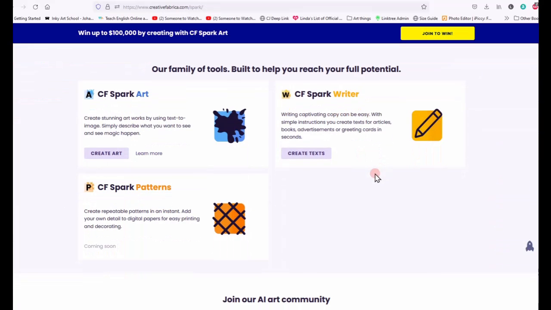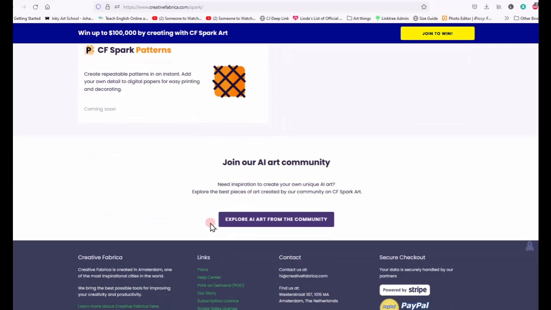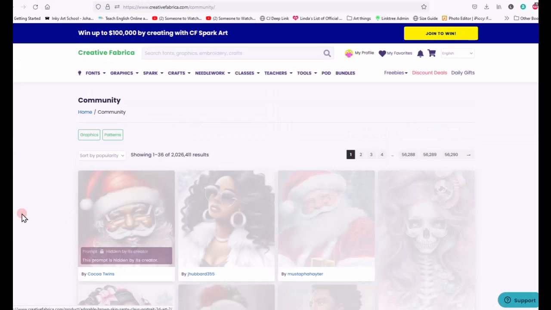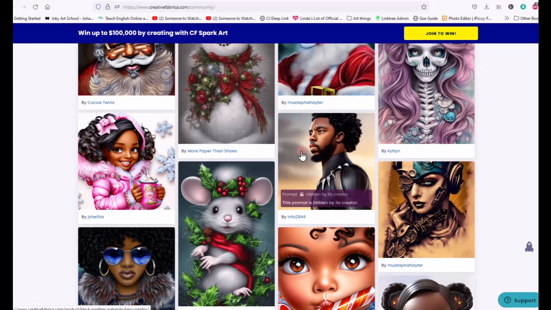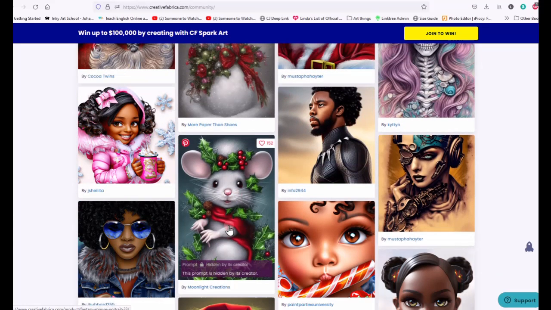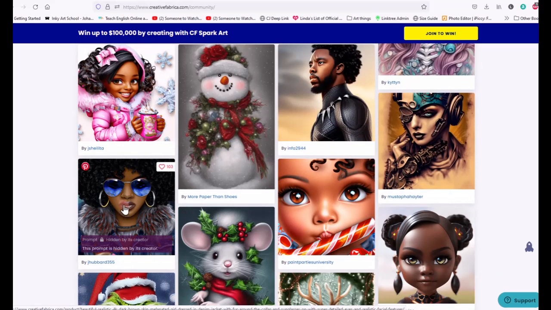It gives you all sorts of things, and it shows you how you can use Creative Fabrica, how you can use Spark to create AI, and you can see some of the art that is created by the community on this. All of these images are created using AI, and what you do is you type in a prompt